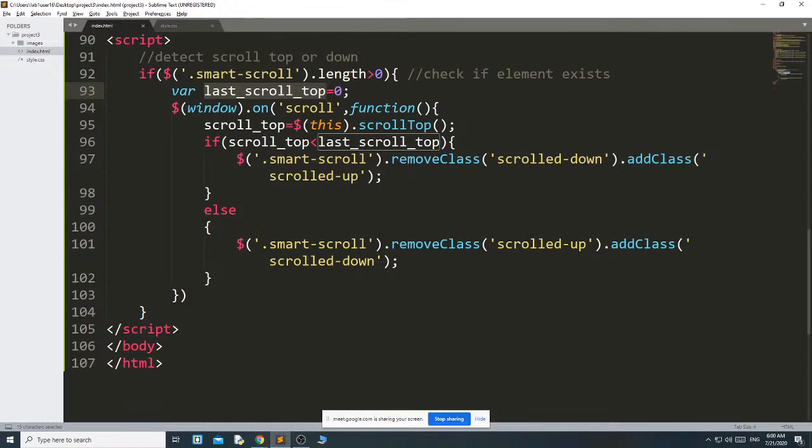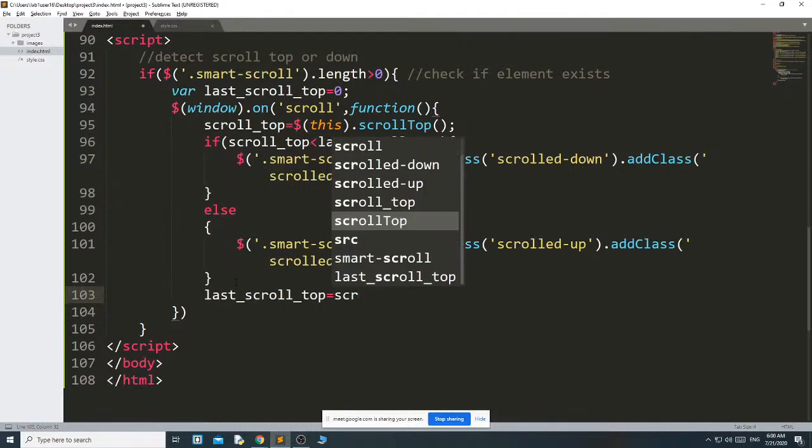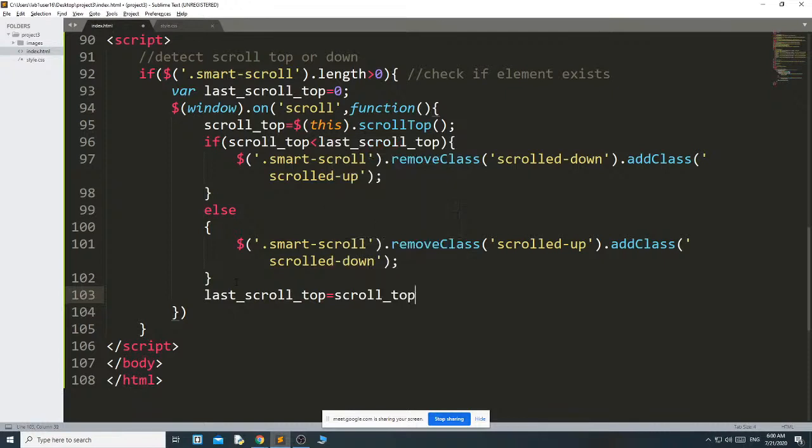That's why after this else you must write lastScrollTop equal to scrollTop. And finish it here.